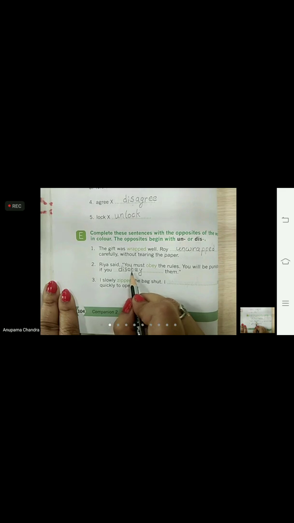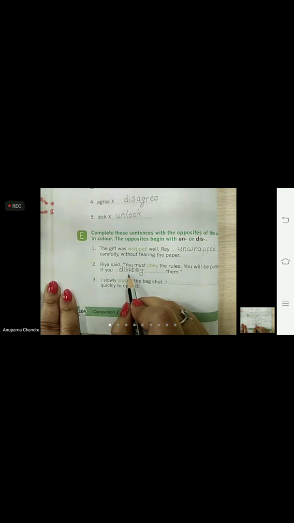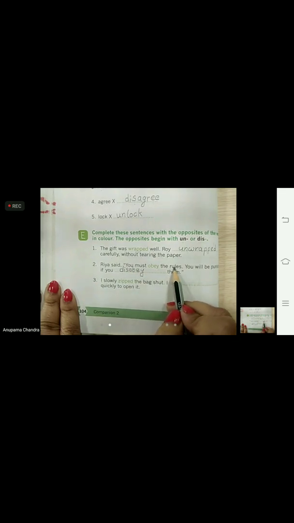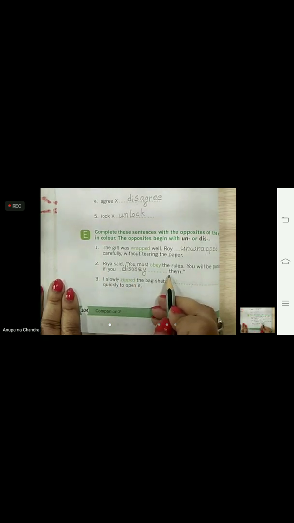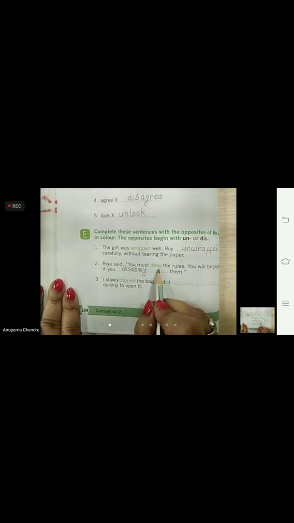DIS, O-B-E-Y, obey, disobey. So that makes the opposite of the word. Ria said, you must obey the rules. You will be punished if you disobey them. Okay, I repeat, obey, disobey.